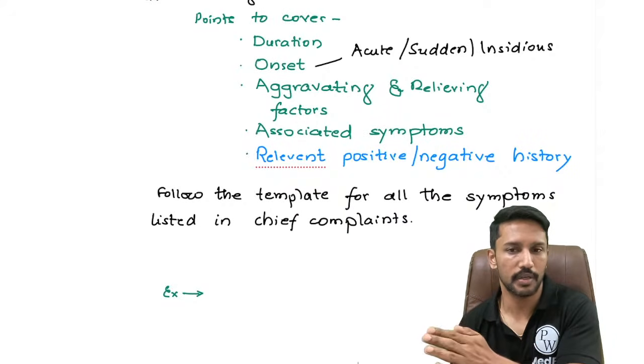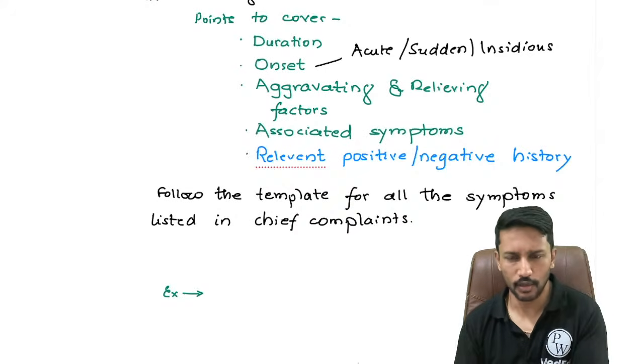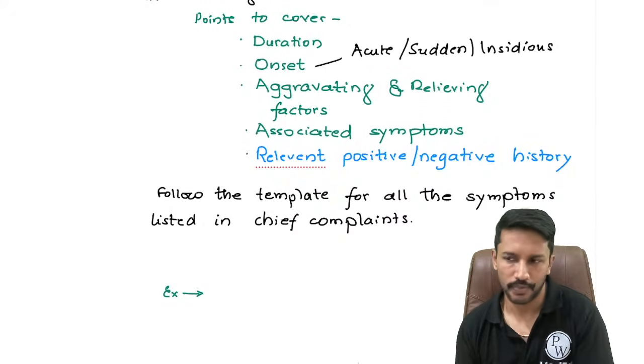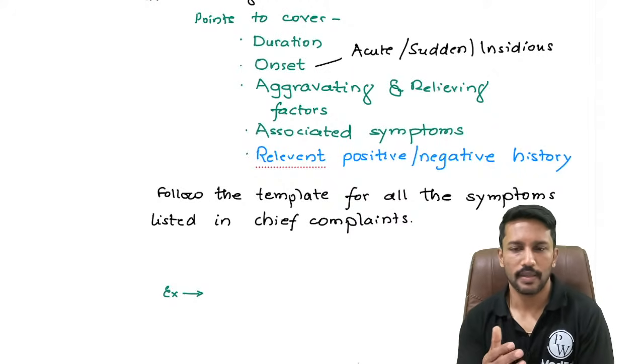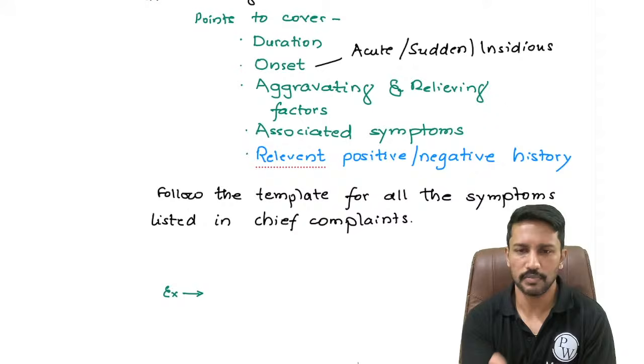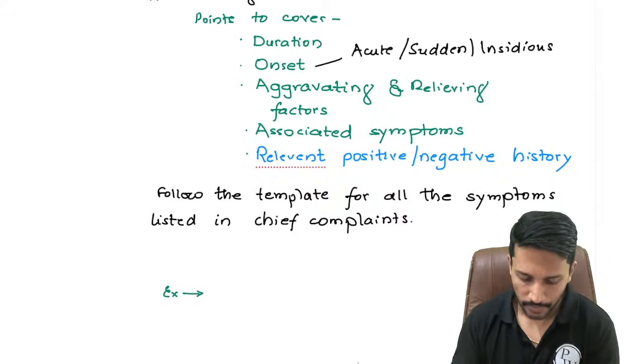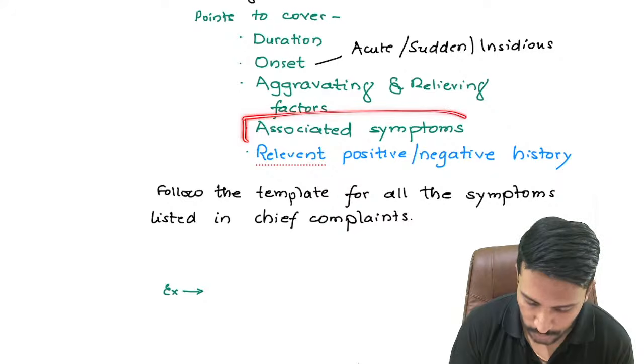The word sudden onset is kind of restricted, because if the onset of a symptom is sudden, mostly patients land up in the emergency room. Like sudden onset chest pain, right? Or sudden onset pain anywhere, patients mostly land up in the emergency room. Most patients who walk into our OPD have either acute onset symptoms or insidious onset symptoms. Okay. Now I was talking about